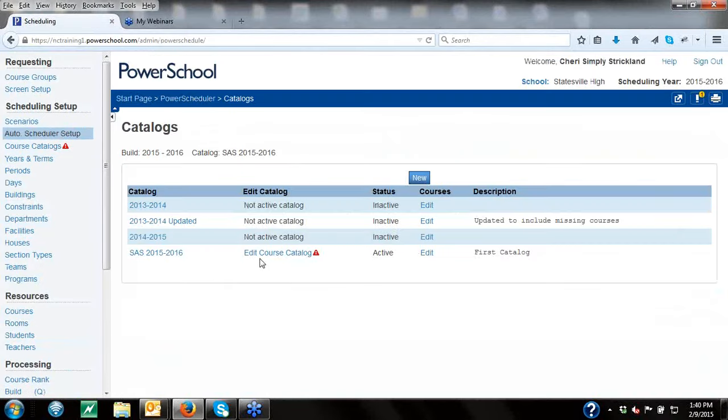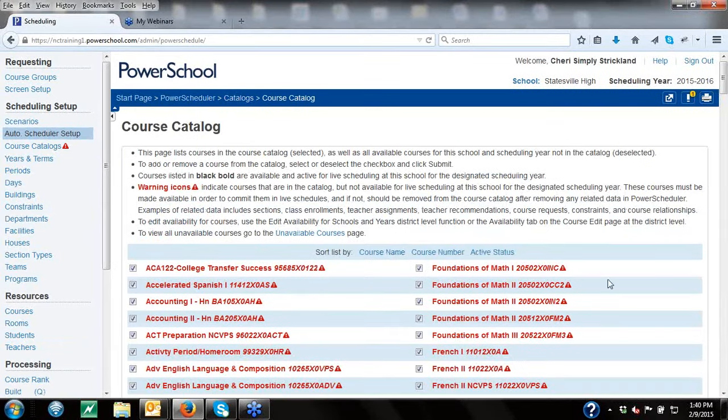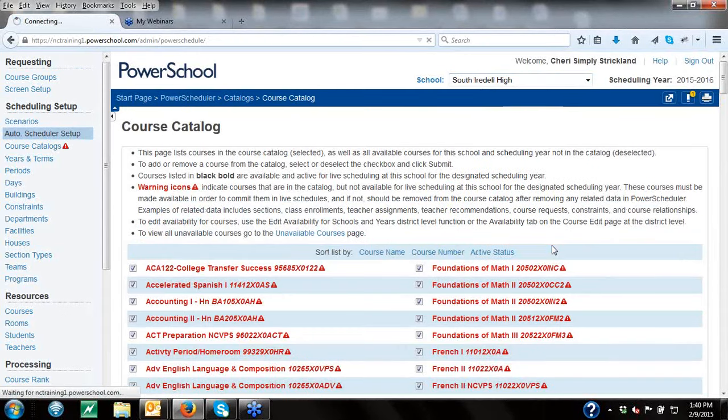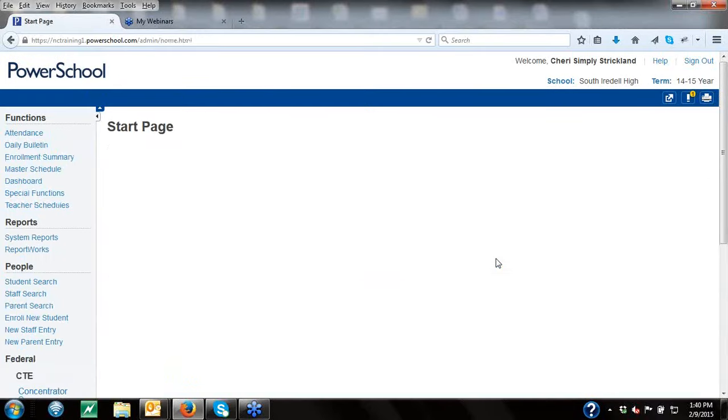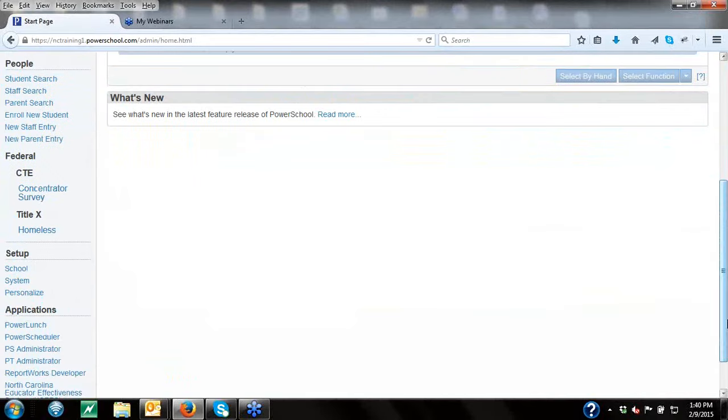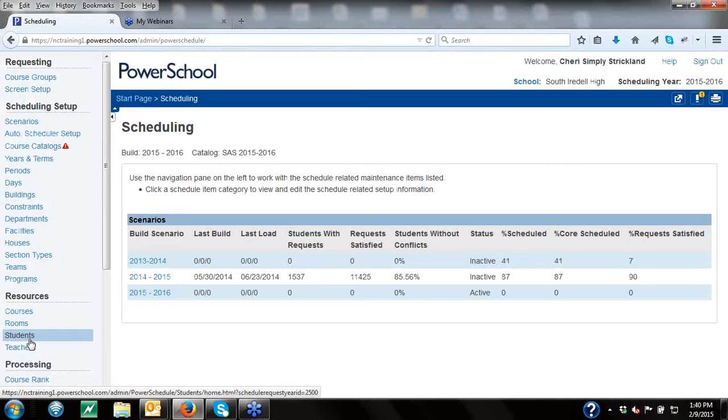Oh, they're all going to turn up in red, aren't they? Well, you may see some courses that have a box with no check in them. It used to be all the courses came over with checks, and you could uncheck them to make them not available. With the new information that we got last week, what you may see is a course within your course catalog